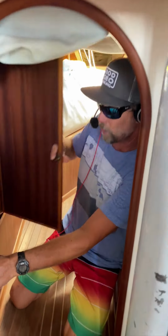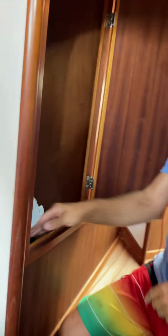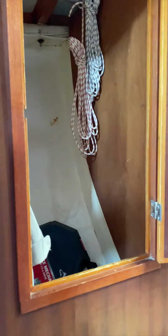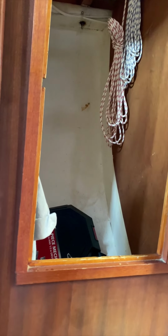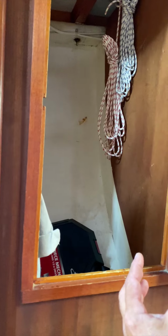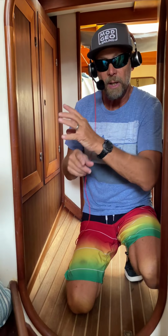We have a super large locker right here. I don't know if the camera can come in and take a look at that, but there's enough room to store 3 extra duffel bags in here. But the team, when they come aboard the boat, they will disassemble their storage layout